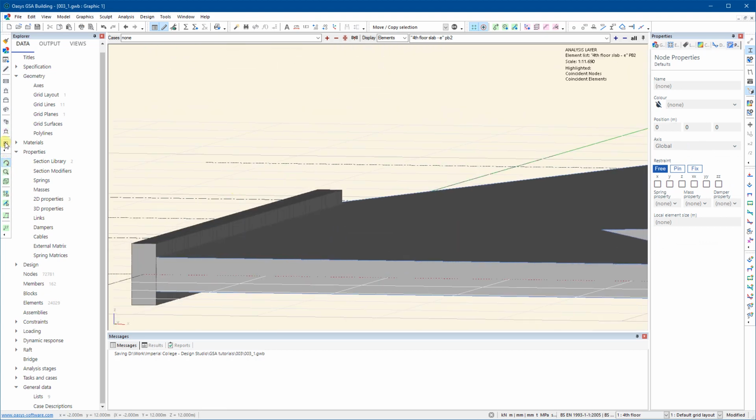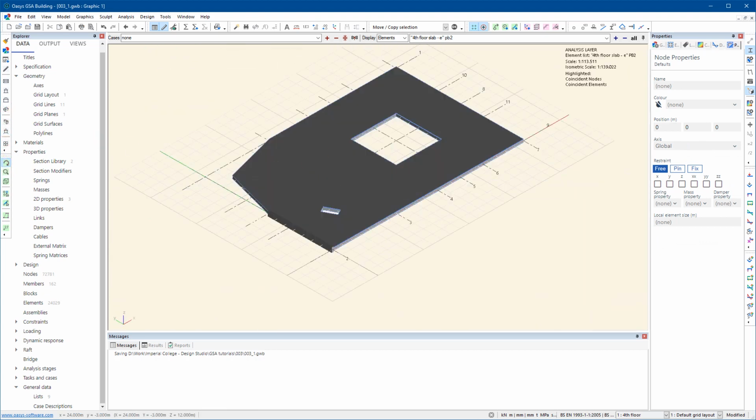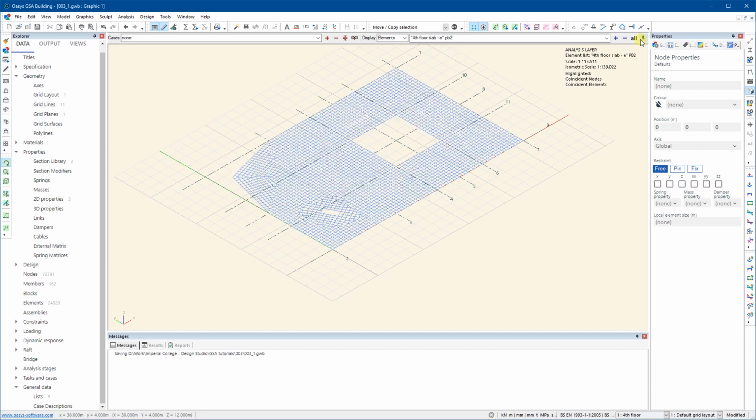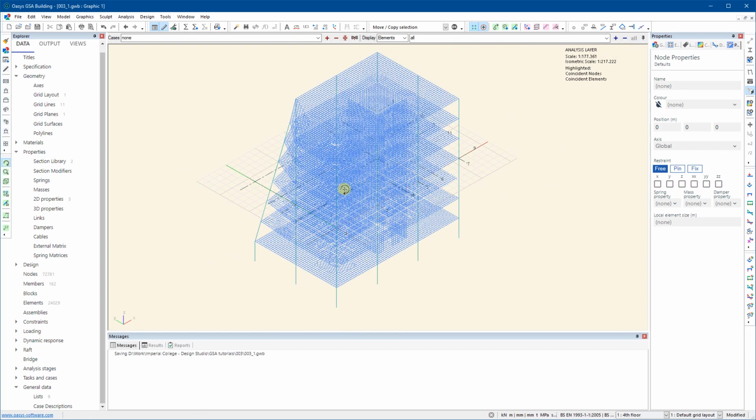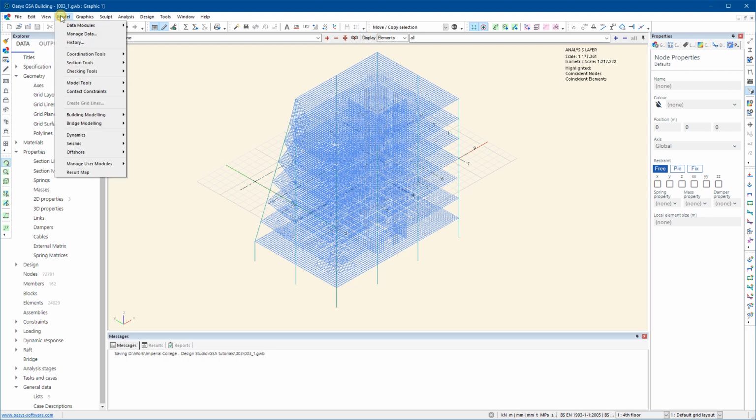So that's essentially it. Those are the changes I wanted to make. I'll take off that. I will go back to my full view. So that's essentially it. I'll save again. And now it's as before. We go to Model,